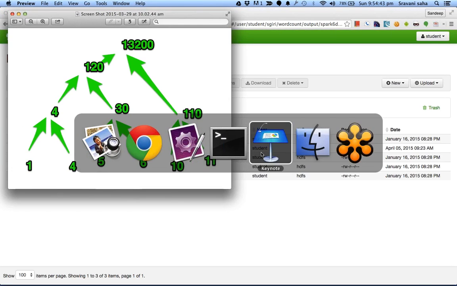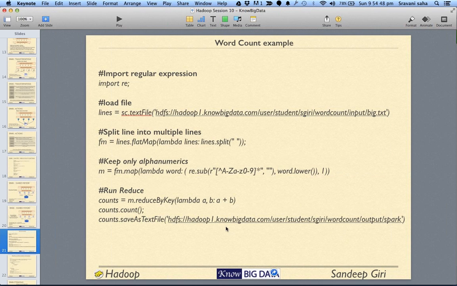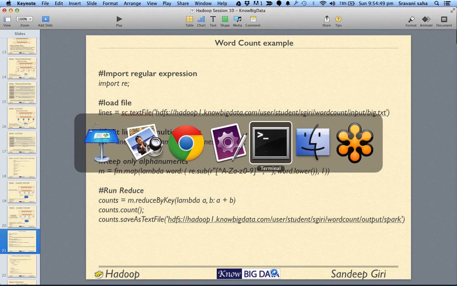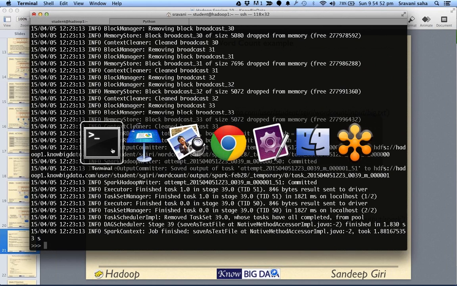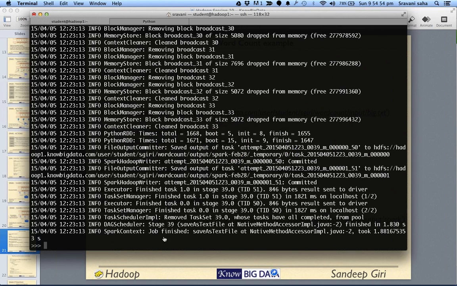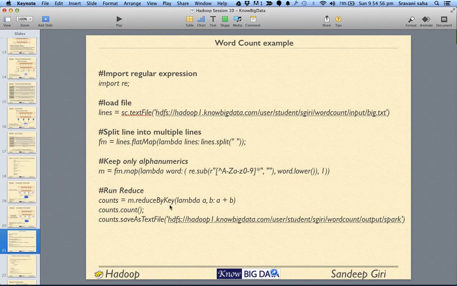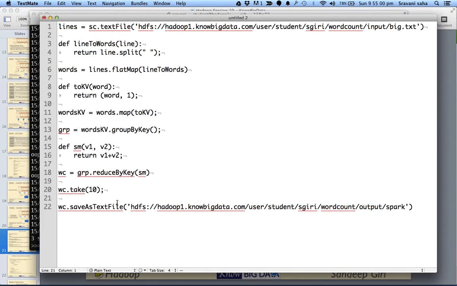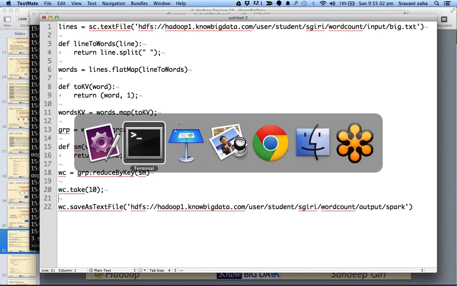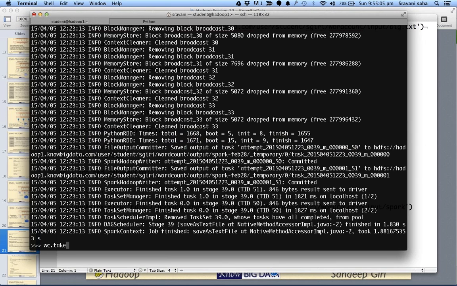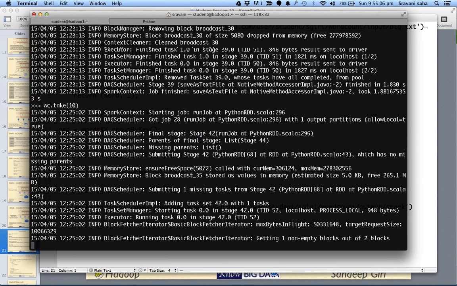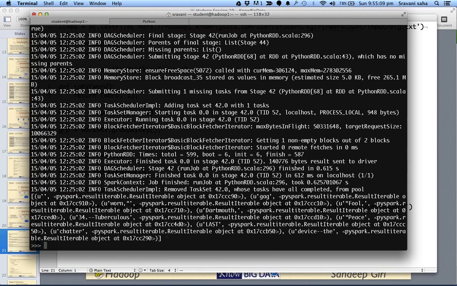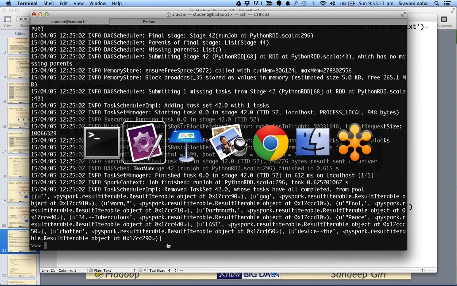So what is it that I made a mistake? Can anybody help me out here? So, where is my text file? Yeah. Here, if I say wc.take, then we get this, which is not correct.